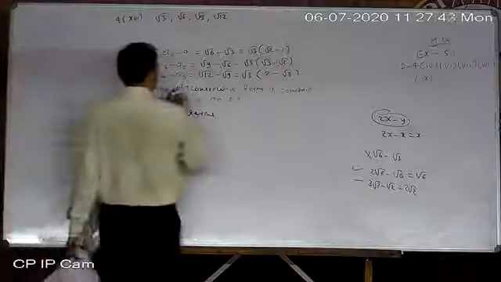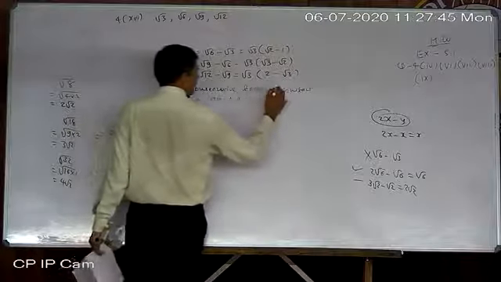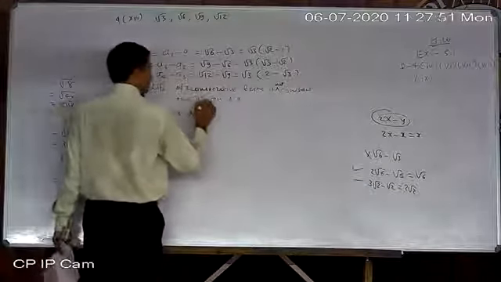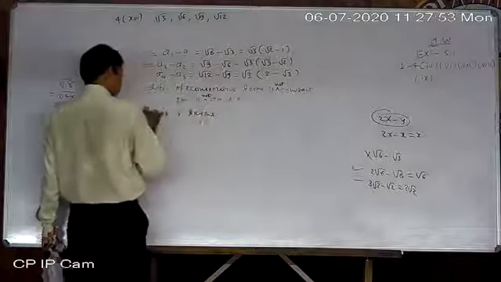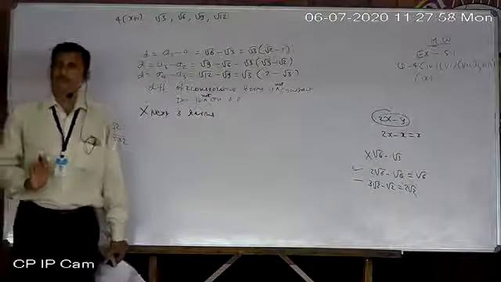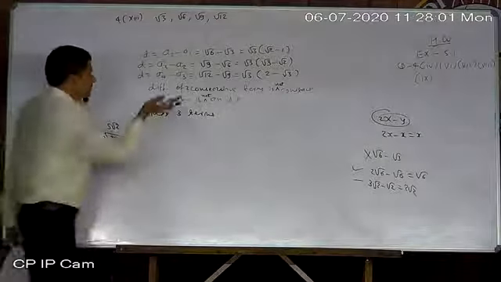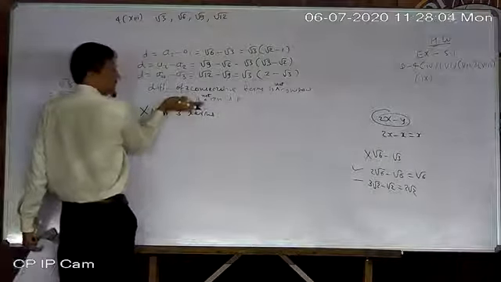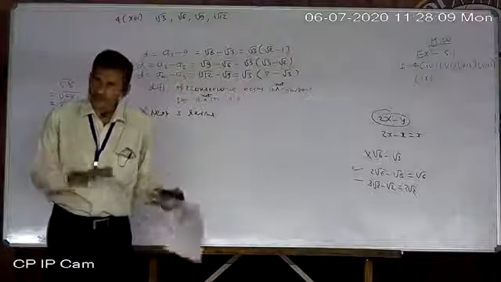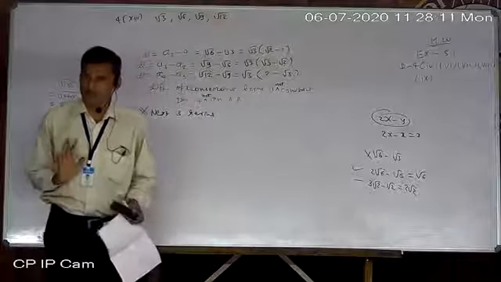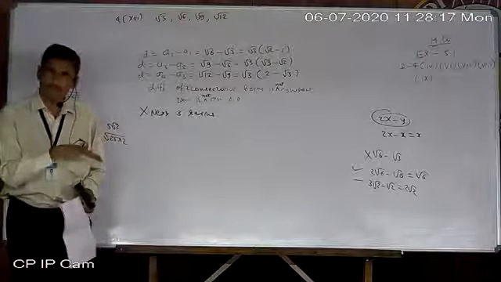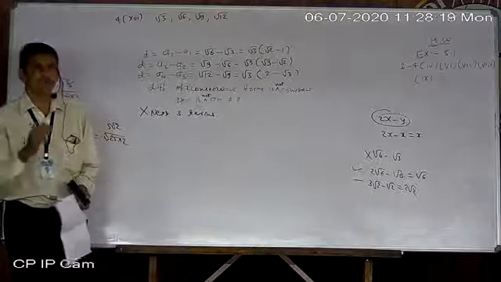So you can say the difference of two consecutive terms is not constant. Therefore, it is not an AP. So no question arises of writing the next 3 terms. Why? It is not an AP. So the sum ends here only. Sometimes we say the answer is yes, sometimes no. Where yes, where no, that you know. If the difference is constant, yes. If the difference is not constant, no. If no, then the question does not ask to give the next terms.